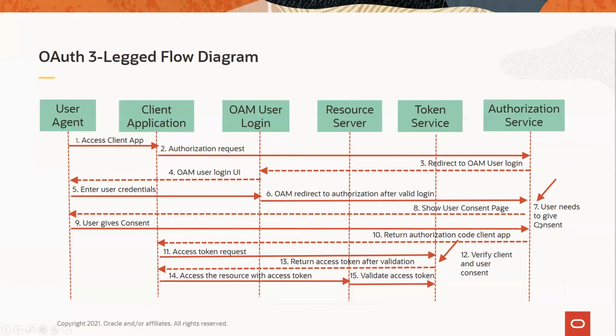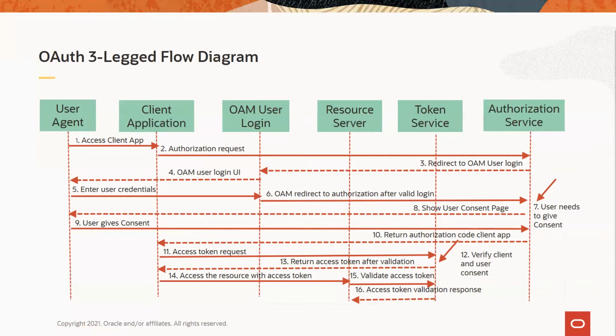Some additional points to be noted here: in the OpenID Connect flows, when the client sends the authorization code to the token endpoint and exchanges it for an ID token and an access token, the response body contains both the tokens. If there is no OpenID flow or no OpenID token requested, only the access token is presented. As part of the ID token, the client validates the ID token and retrieves the user subject's identifier as part of the user profile. We'll see that in the coming slides.